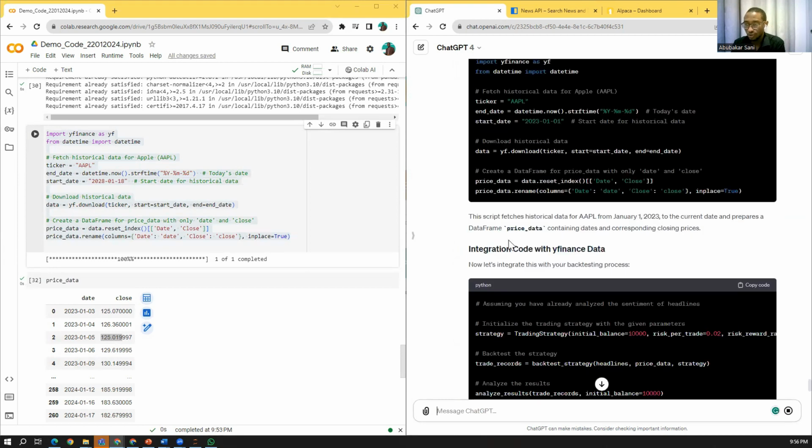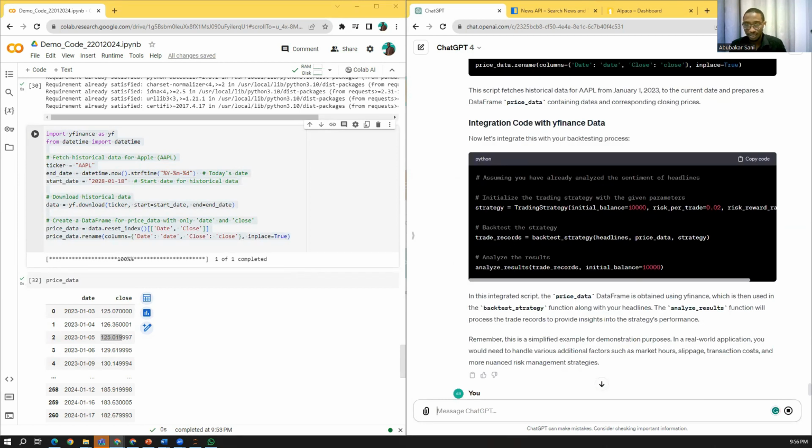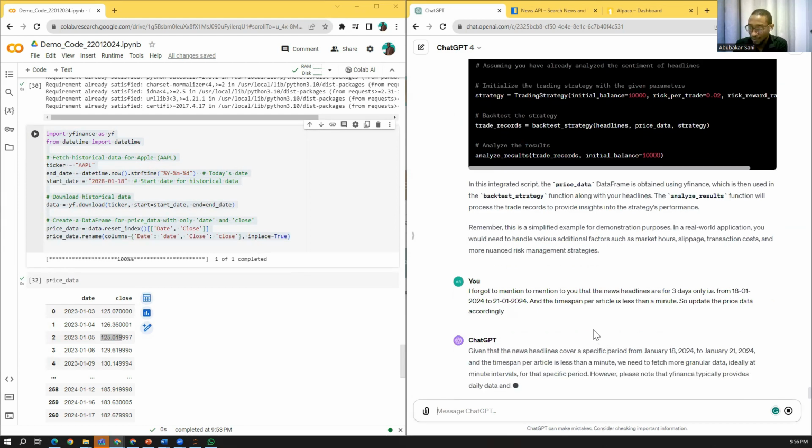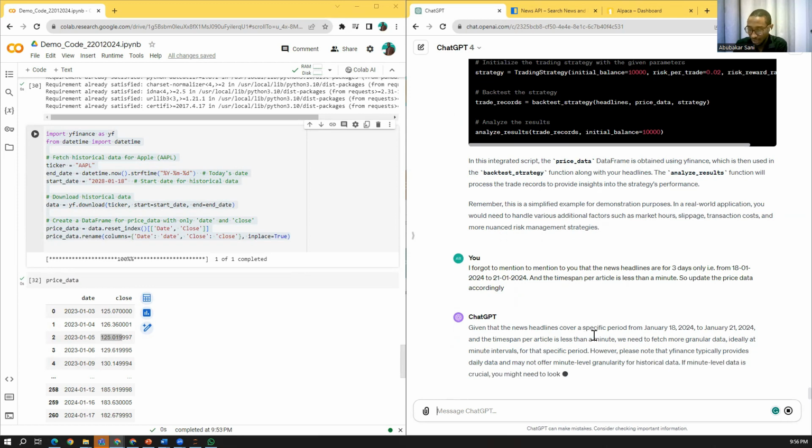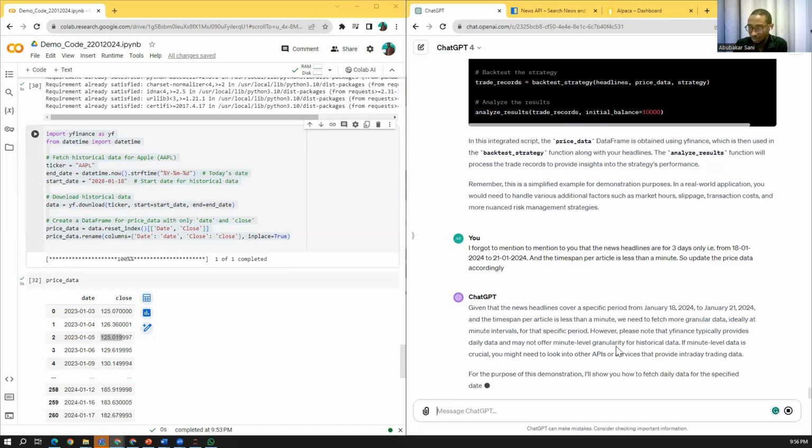Because it is important for you to synchronize the time you get the news and the time you get the price. Otherwise, it will be difficult for you to get things synchronized. It might take some while.